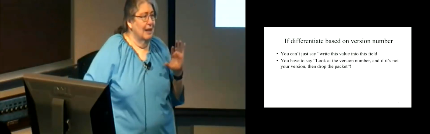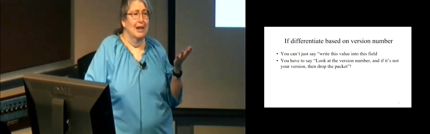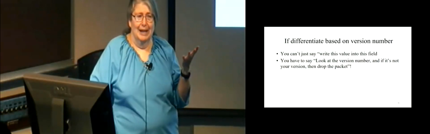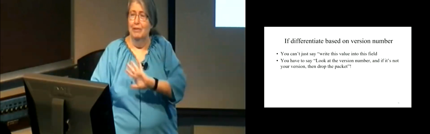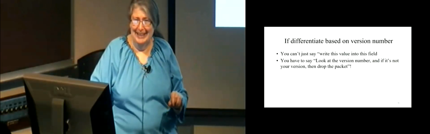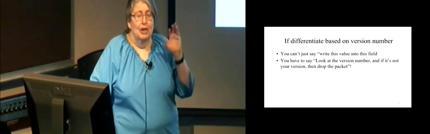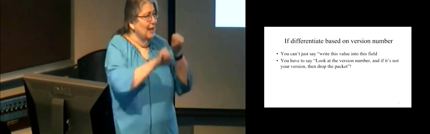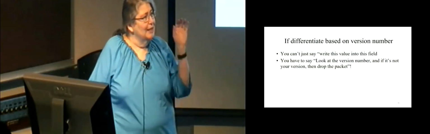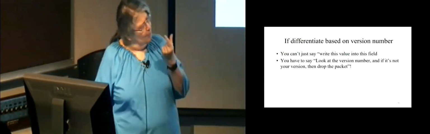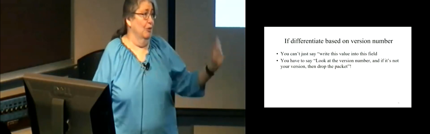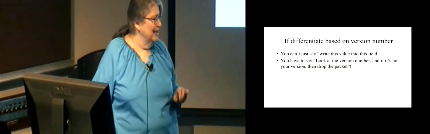So for instance, this is what everyone gets wrong. The IPv4 spec says, here's a field, it's called version number, put a 4 there, but they don't give you any other hint as to what to do with it. So the only way this thing of sharing the same protocol type can work is if you actually look at the version number field and say, is that me? If not, I better throw away the packet because I have no idea what's there.